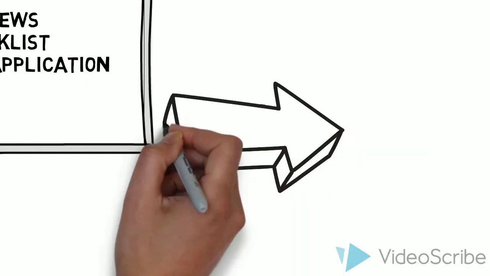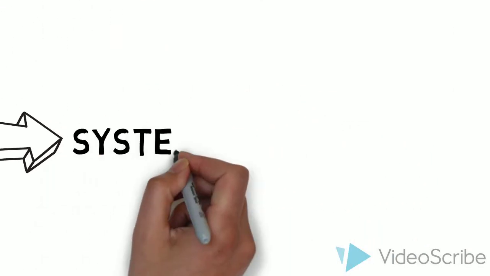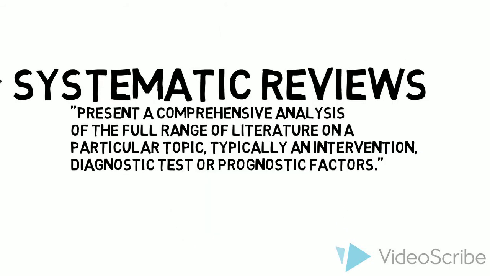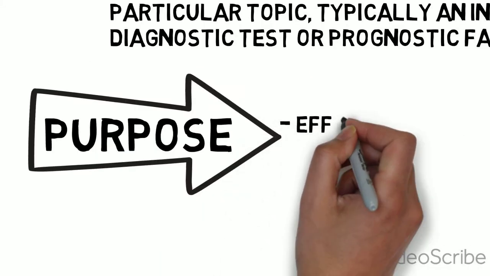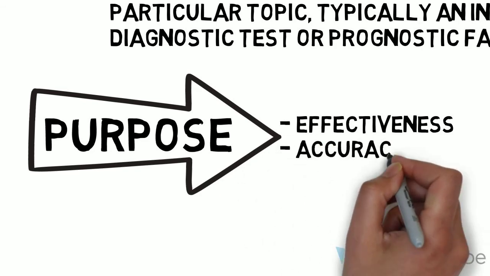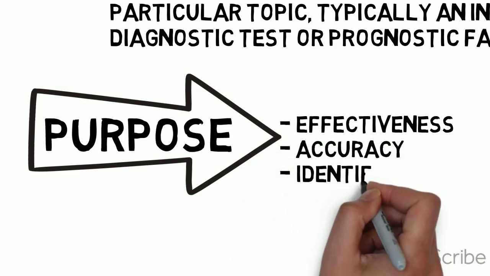Let's review some basic concepts. So what is a systematic review? Well, systematic reviews present a comprehensive analysis of a full range of literature on a particular topic, typically an intervention, diagnostic test, or prognostic factors. Its purpose: systematic reviews are used to examine effectiveness of interventions, accuracy of a diagnostic tool, or identification of prognostic